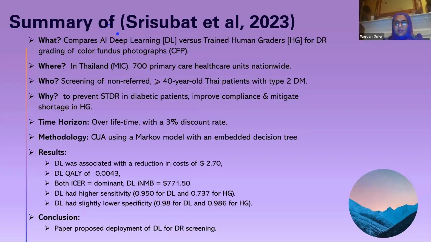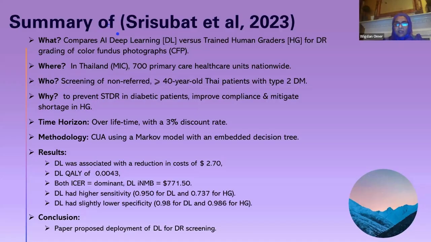Methodology was cost-utility analysis using a Markov model with an embedded decision tree. The result showed that deep learning was associated with a reduction in cost of $2.7 per patient. The quality was about 0.0043. Although both ICERs of human graders and deep learners were dominant, the deep learner incremental net monetary benefit was